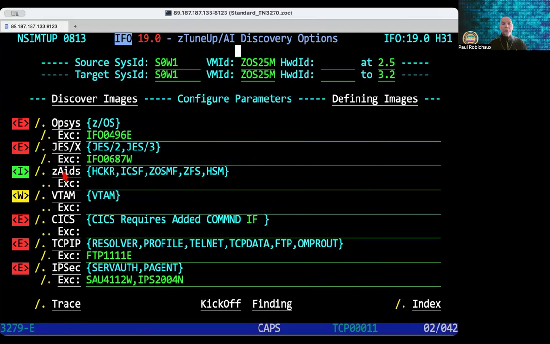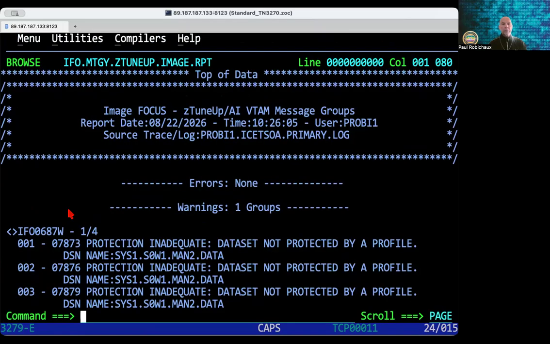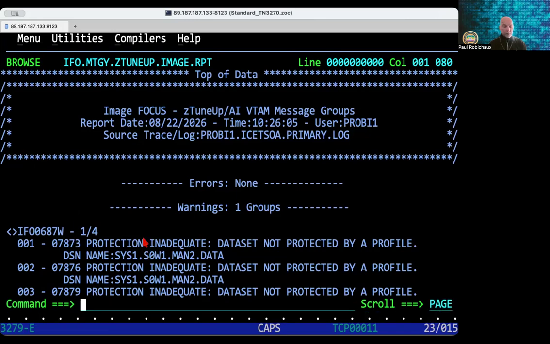Some components, for example, in this case, the Z-aids, have not been kicked off in the inspection, and so they are shown as simply informational messages. So there's really no risk associated with any of them that has been reported, and so we can just pass over those. VTAM, we have a warning, and again, we can look at the excludes. And we can see there are a number of them here. You'll notice that